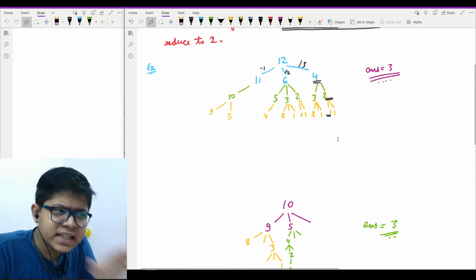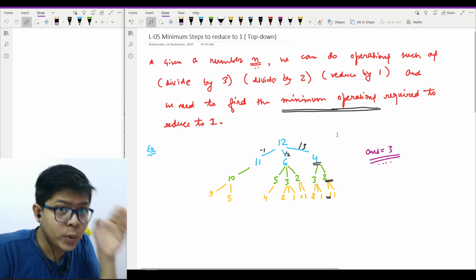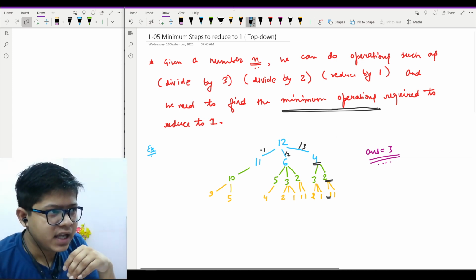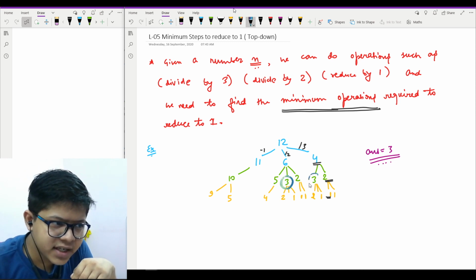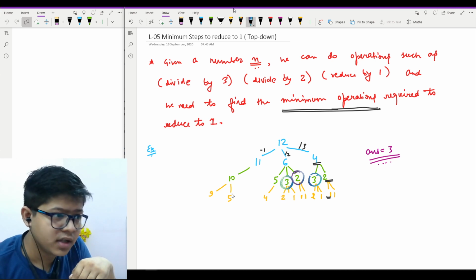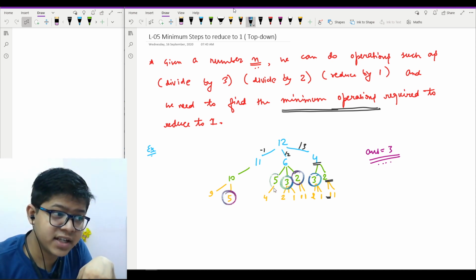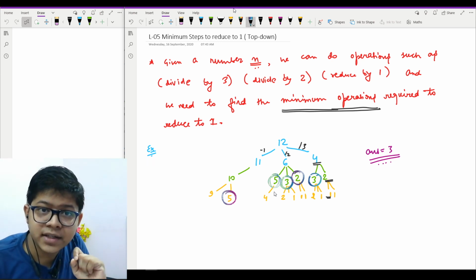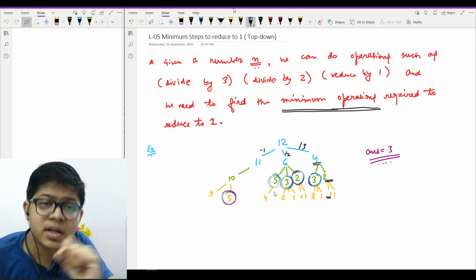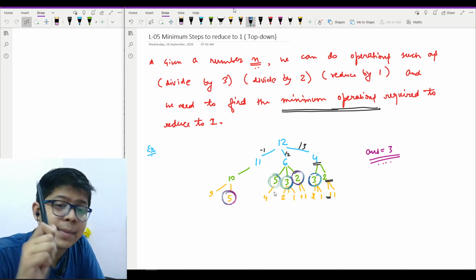And I can clearly see from the above example of 12 as well that our number 3, as I can see here, is occurring here as well. Our number 2, which was here, is occurring here as well. Our number 5, which is occurring here, is occurring here as well. So it is pretty sure that many of these subproblems are repeating. Mark my words, subproblems are repeating, which means that it has overlapping subproblems.